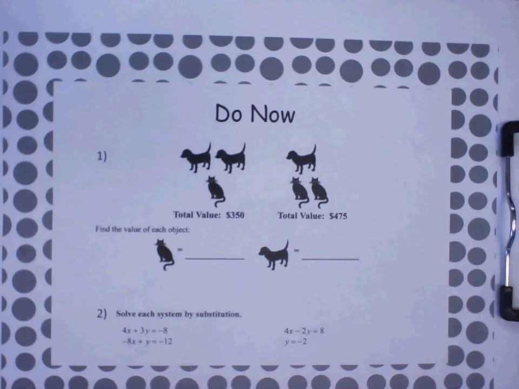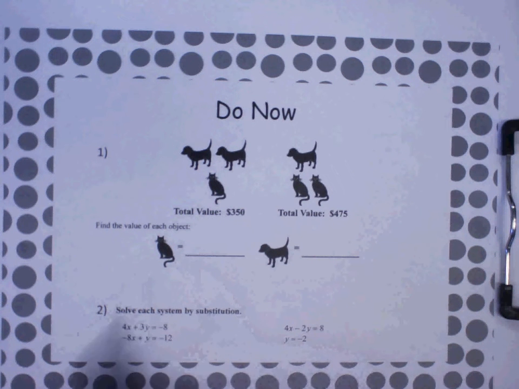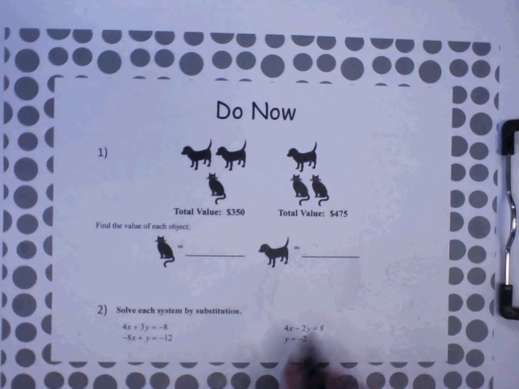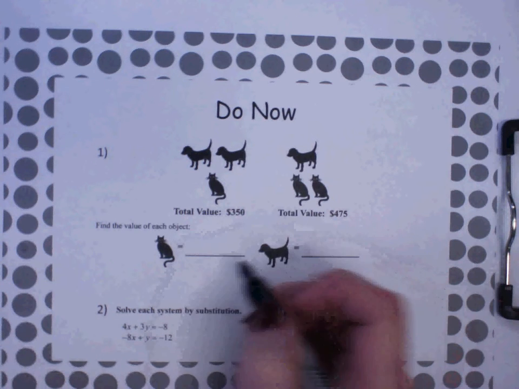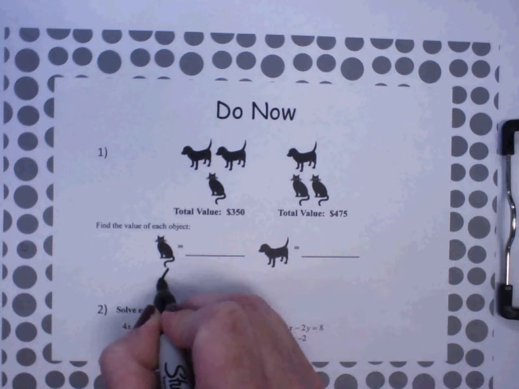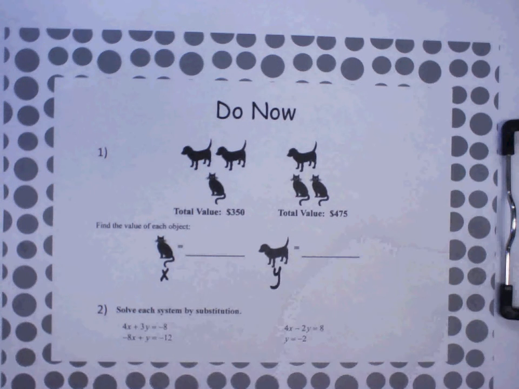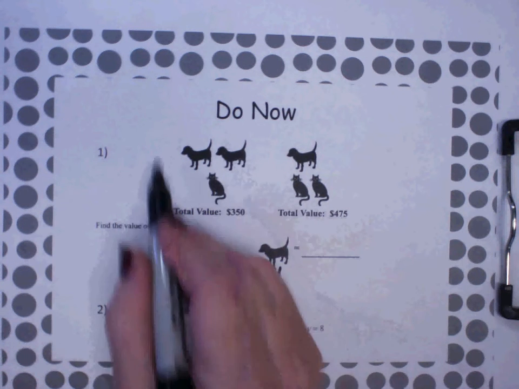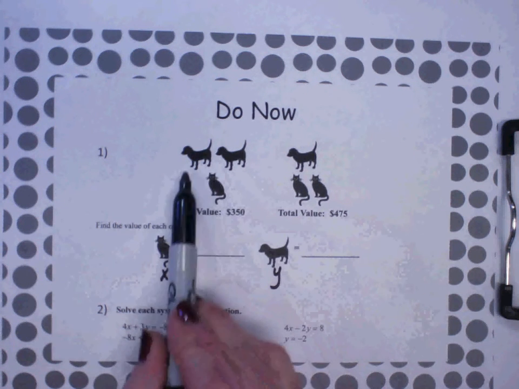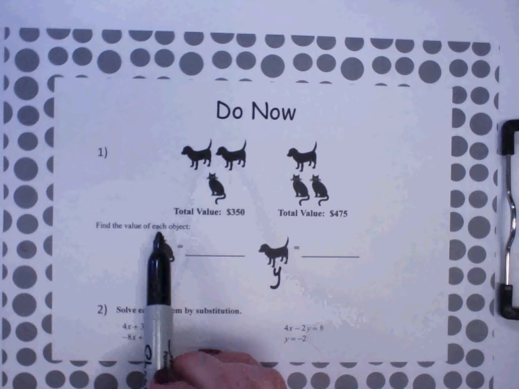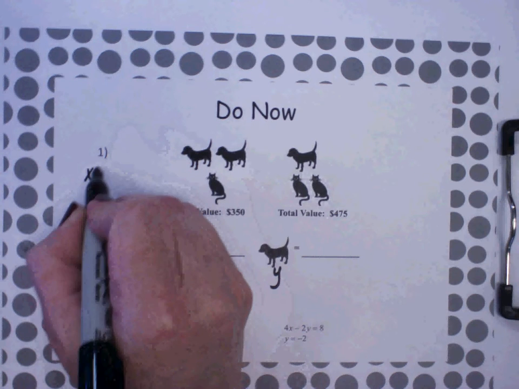All right, this is like the one on the homework, right? So you got to decide which ones are x's and which ones are y's, and you have to figure out the value of the cat and the doggy, right? So I'm going to say that the cat is x and that the doggy is y. All right, so this first equation over here should have been x plus 2y